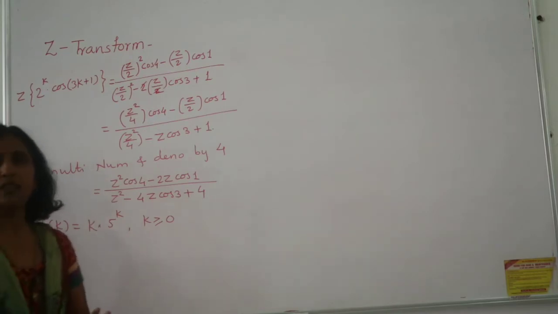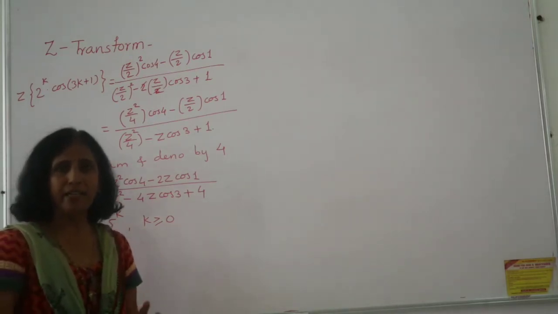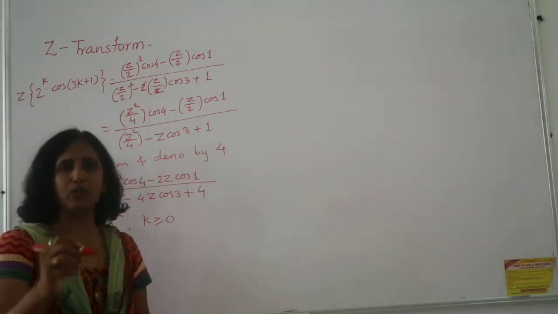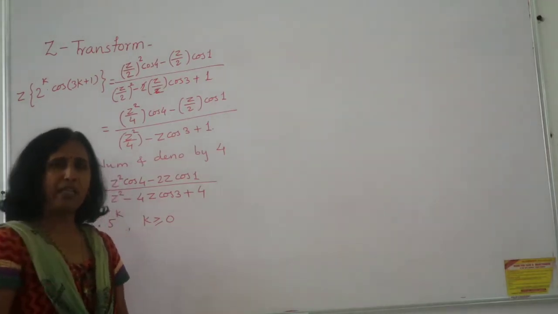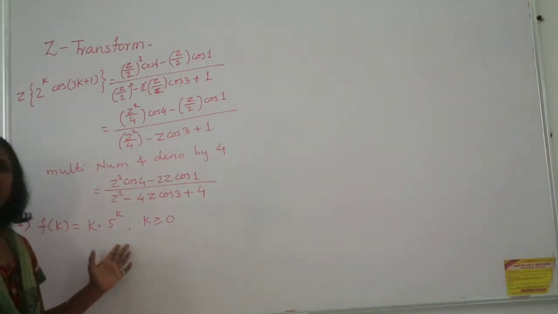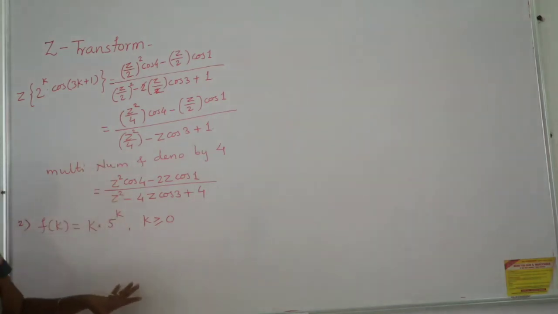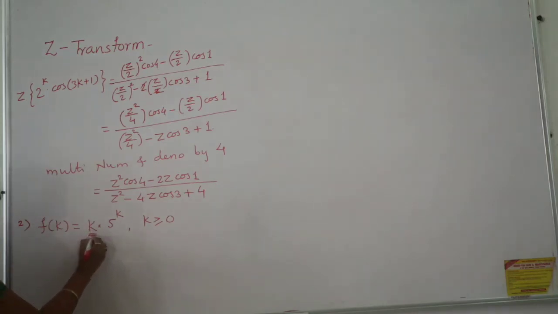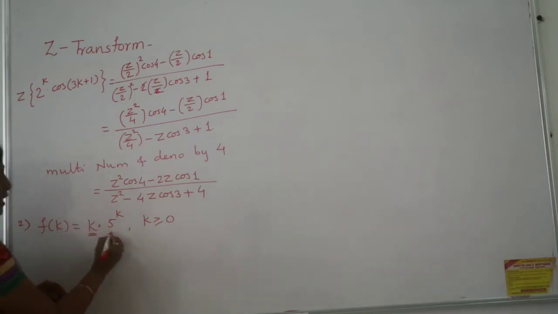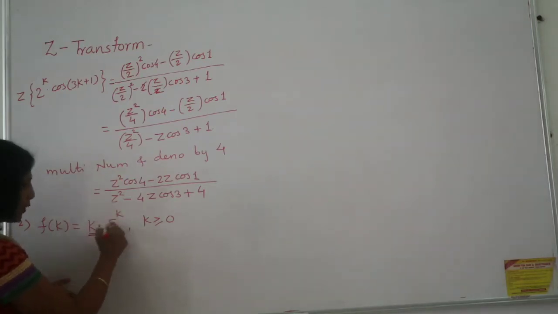Now when I say it is quite difficult, you may try by writing it. You write down the basic definition, summation f of k, z raised to minus k, and you check whether you can convert this into GP form. Not possible. So here we are applying the basic properties along with some formula. Here it is k, so I am going to use the multiplication by k property. But this property is applied on whom? On 5 raised to k. So I am considering this one as f of k.